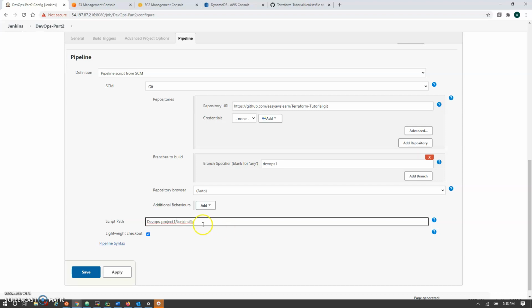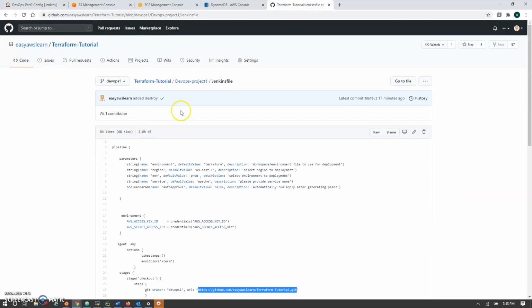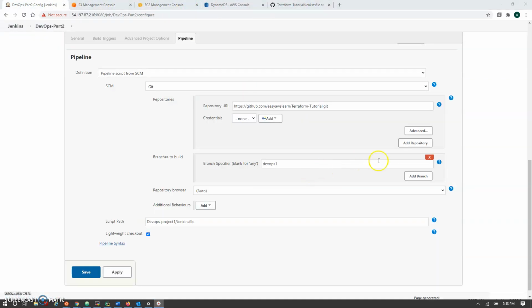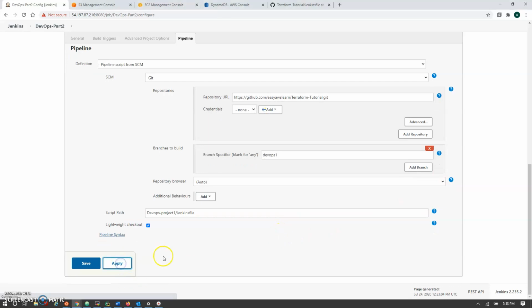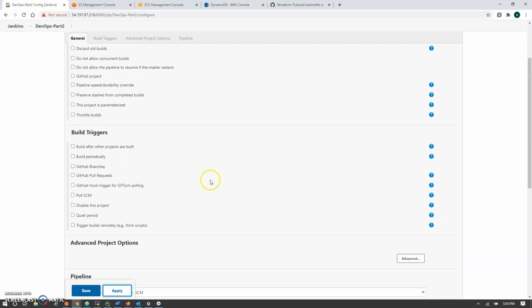In this folder there is a Jenkinsfile, you can find the same here. So I'm simply saving here. Now our project is ready.